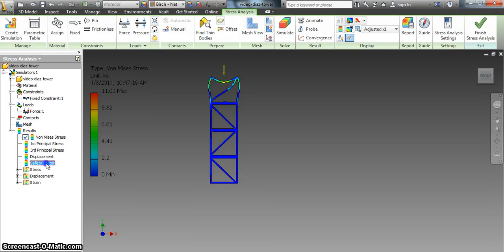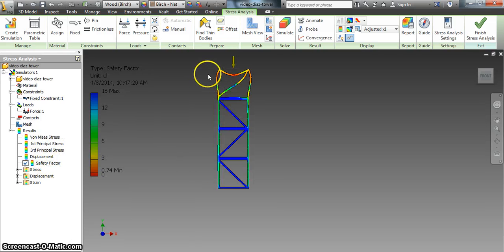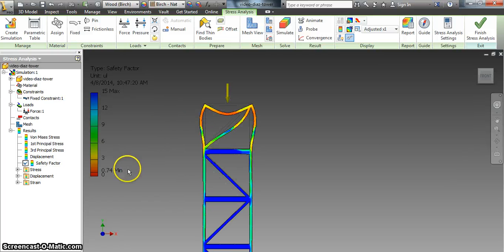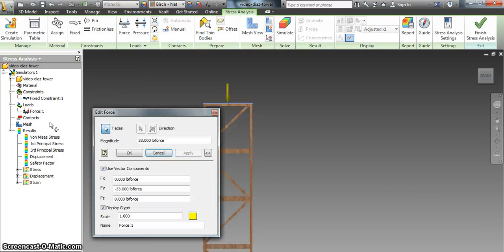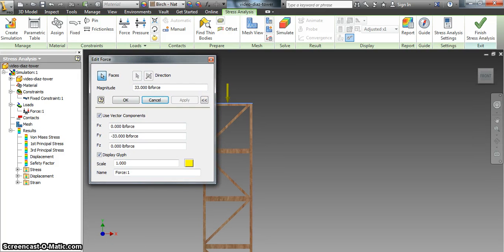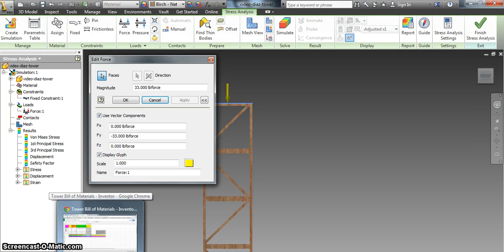Ha-ha! Safety factor! Bam! Half did not work. 0.74. But that was at, what's the force? That's at 33. So, what do you do with this information? This is round 2 of your tower. So when you go to your